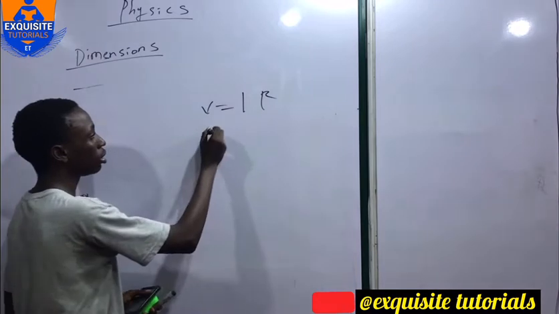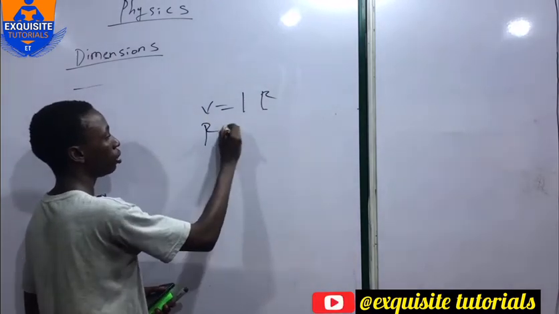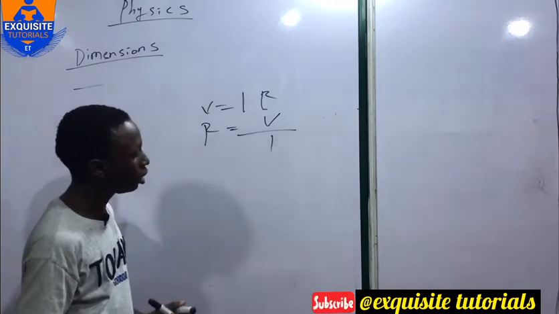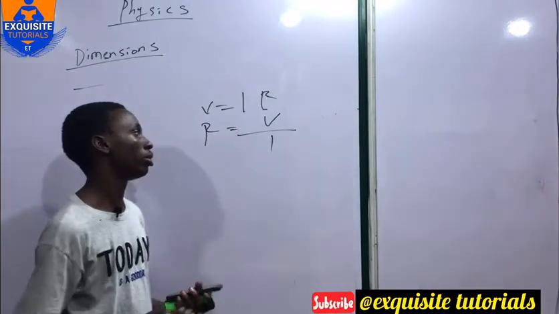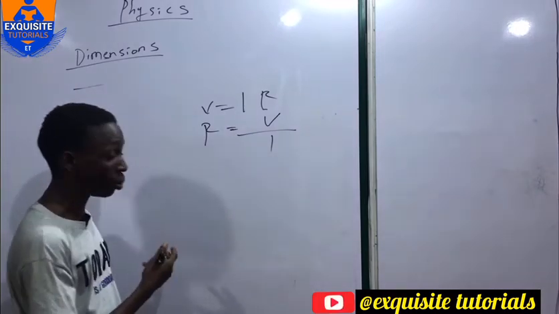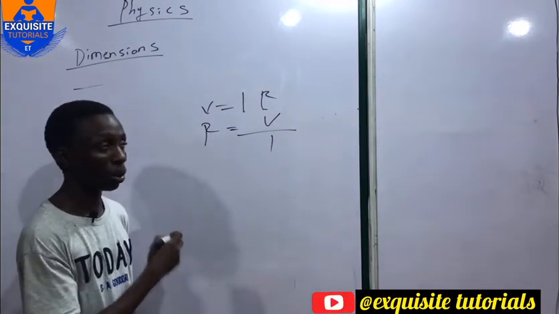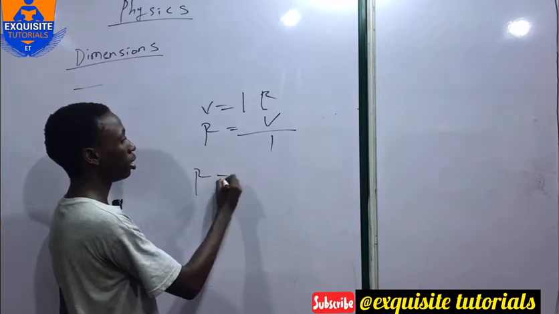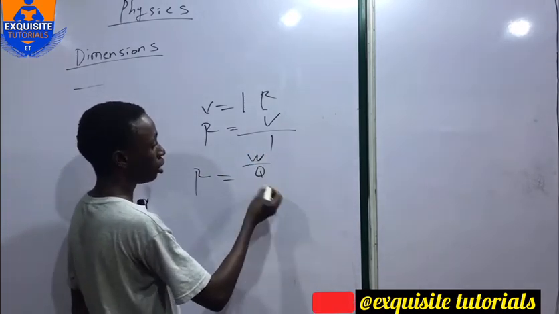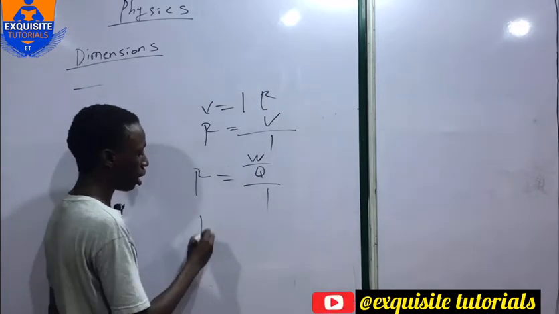Now we already know that resistance R is equal to V over I. Let's imagine we forgot how to derive the formula for electromotive force. This is V, electromotive force, which we just derived a while ago. Remember that I said electromotive force is W over Q, so this will be over I. So R will be equal to